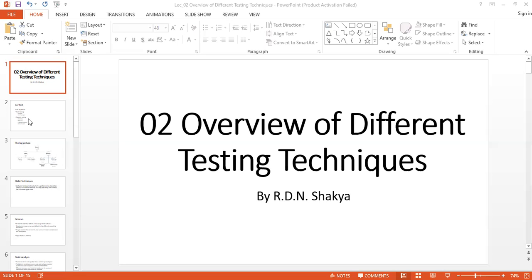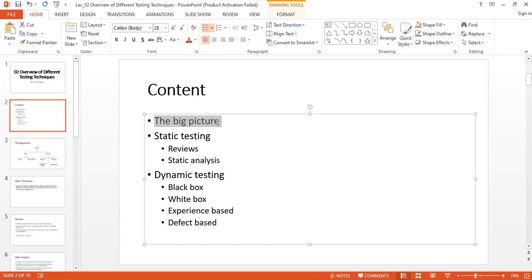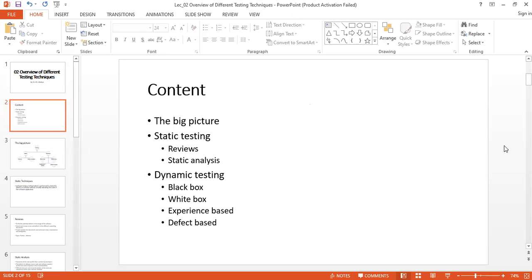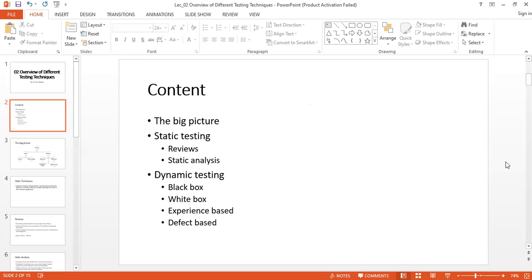The categories that I am showing you in this slide, we will have to cover in the next sessions. These are the contents of the overview of different testing techniques, so you can see the big picture. When it comes to static testing, you have covered the review part in the previous semester sub-module called software quality, but dynamic testing is not covered. So this will have around 7 weeks of sessions.